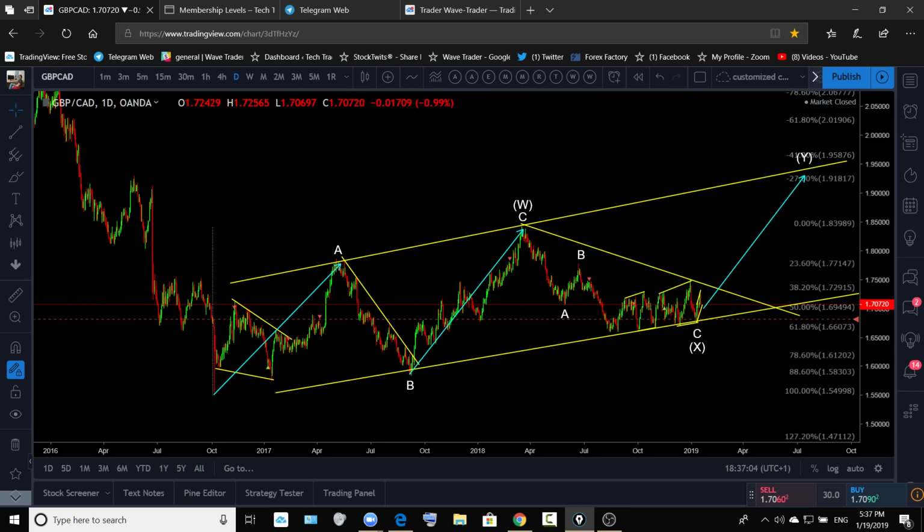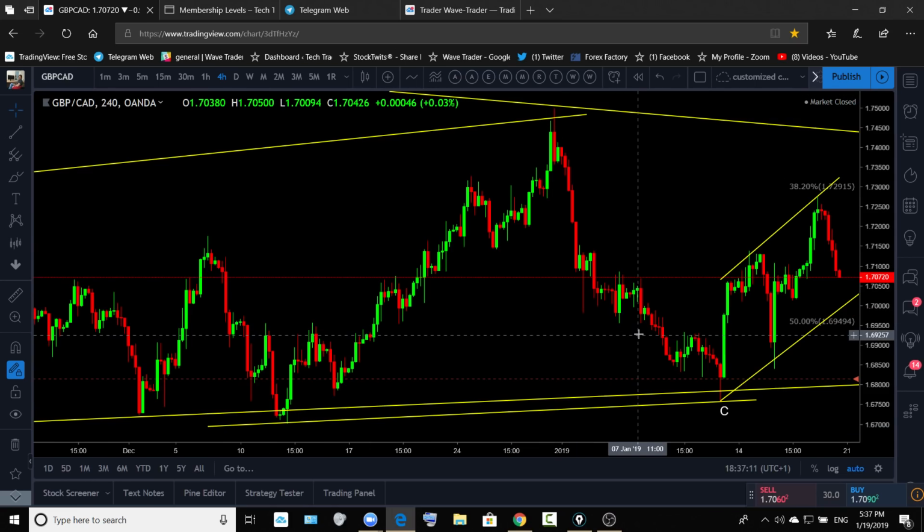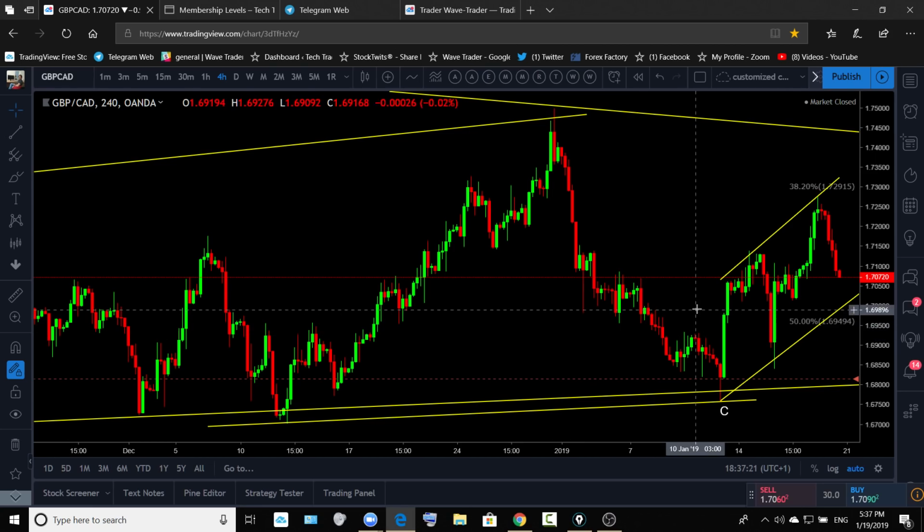So direction hasn't been confirmed yet on the pound CAD for the longer term, which way price is going to go. Either after forming one more drop, price is going to reverse, or price is just going to take off from the current price and continue to go higher. So we are a little bit cautious on this pair.